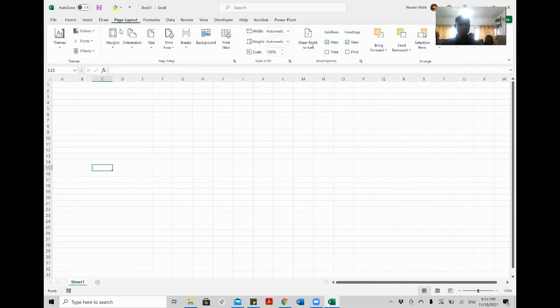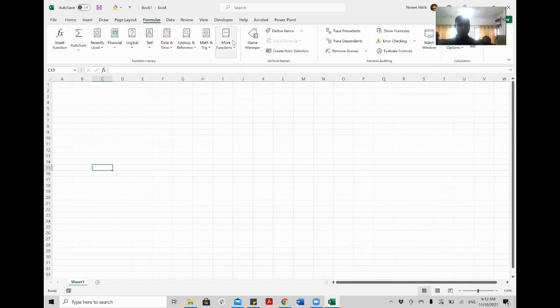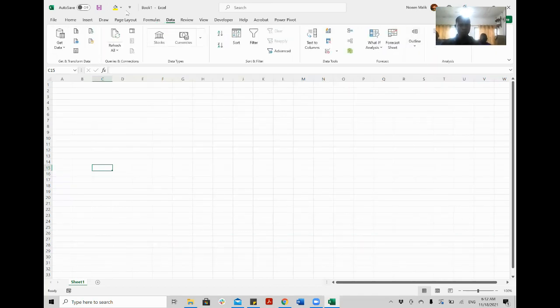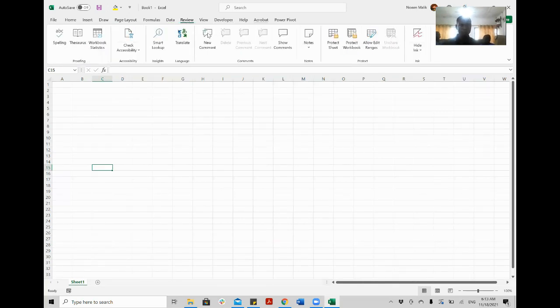Then we have the page layout. In page layout, you can see a few things are similar, like margins, orientation, portrait, landscape, background. Few things are similar, few things are different. Then we have formulas. So here are the different formulas which you can see here, but I will show you the basic things, how to create your own formula. Then we have data. This is for the data analysis things. Then we have review. Review is almost the same as in Word. So most of the things are almost the same, right?